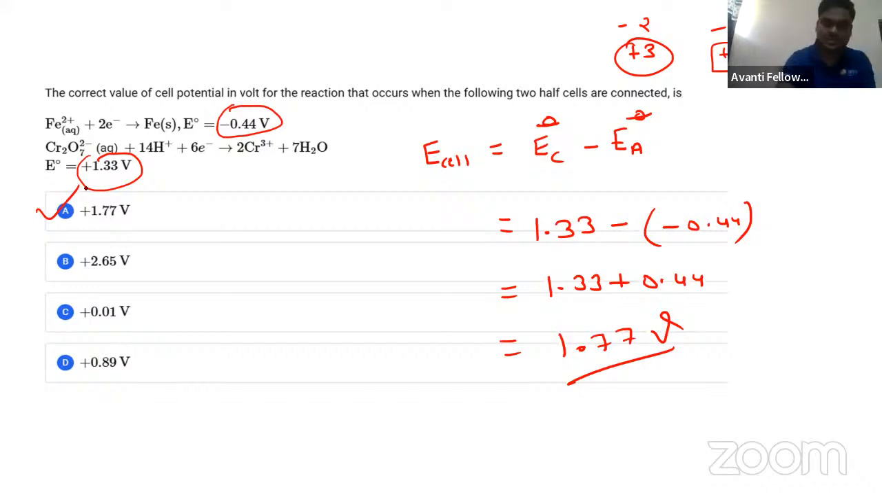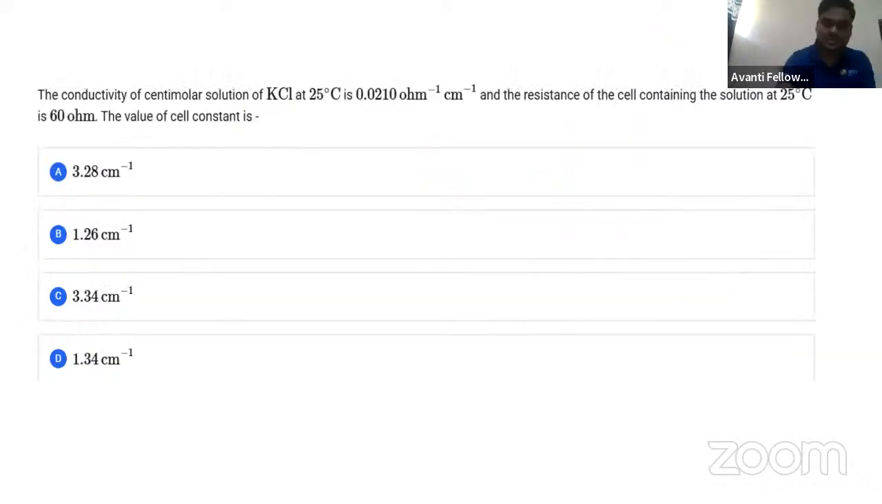Now move to the next question. This question is from the conductivity, conductance topic. The question is about the conductivity of the centimolar solution. So what do you mean by this term centimolar solution? Can anyone explain? Centimolar solution, millimolar solution, decimolar solution, what are these? So centimolar solution means